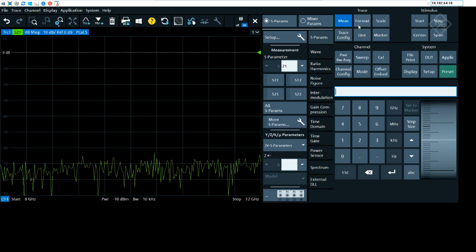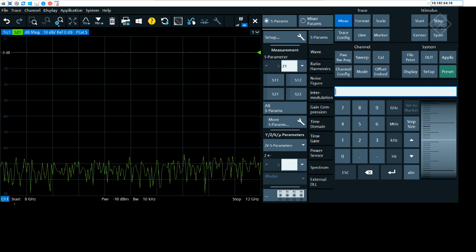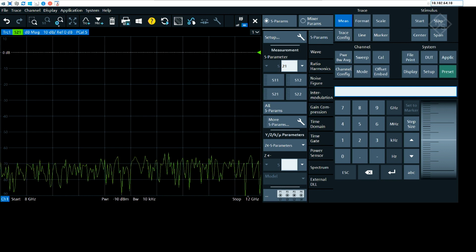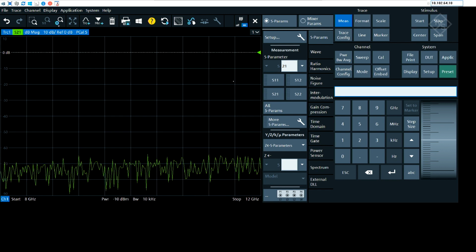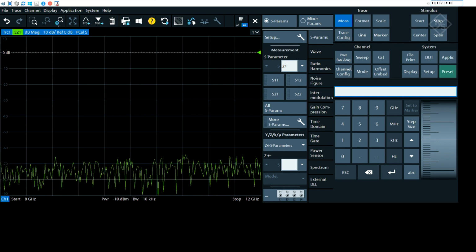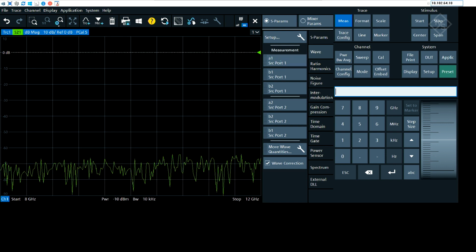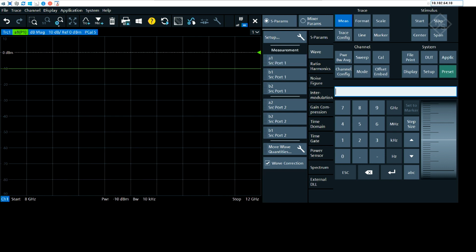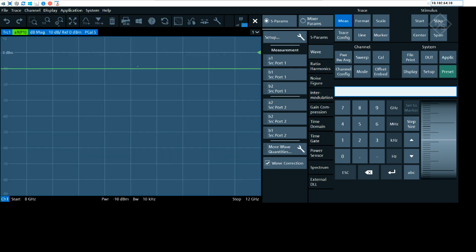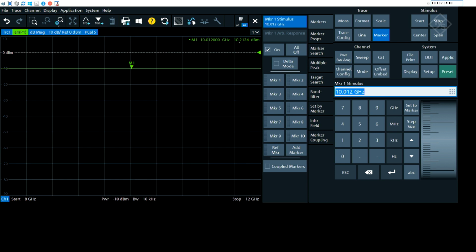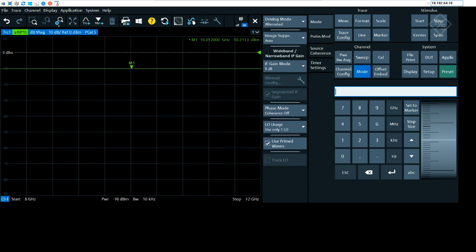Sure, let's have a look. So what we've got here is a measurement where we are sweeping from 8 gigahertz to 12 gigahertz. To get a better indication of what's happening to the pulse power, I'm going to change our trace here to look at the absolute power being received onto our reference receiver here at port 1. So that's the A1 wave. And if I just pop a marker on there, we can see that's measuring minus 10 dBm, which is what our stimulus power is. If we go into the pulse menu,